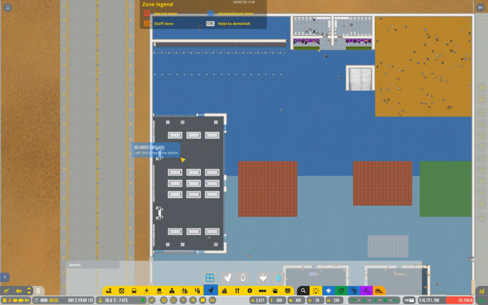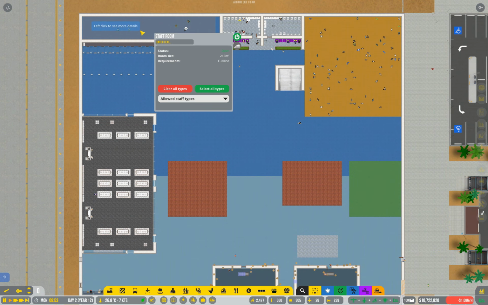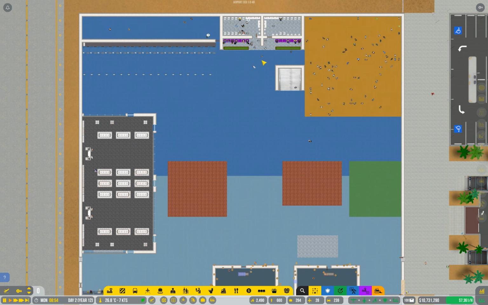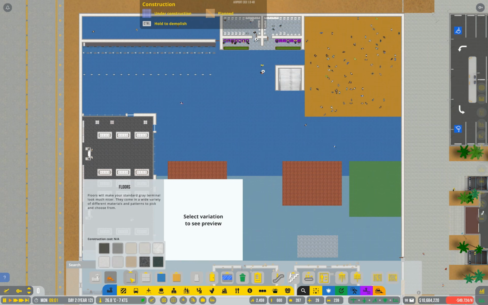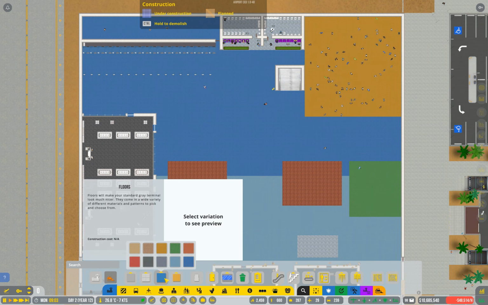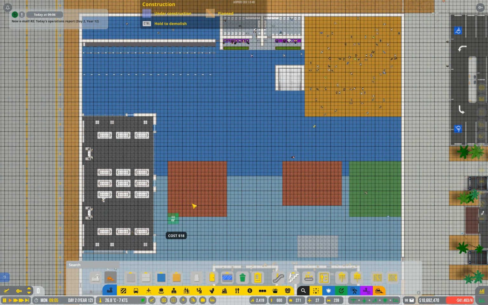Alright, we have a giant store. I created this section up here as a second staff room. Still don't know what I'm doing with that corner. I think there really needs to be a giant food room as well. So if I were to say, let's pick a floor. Let's go with that one. If I make that giant space into a food room,